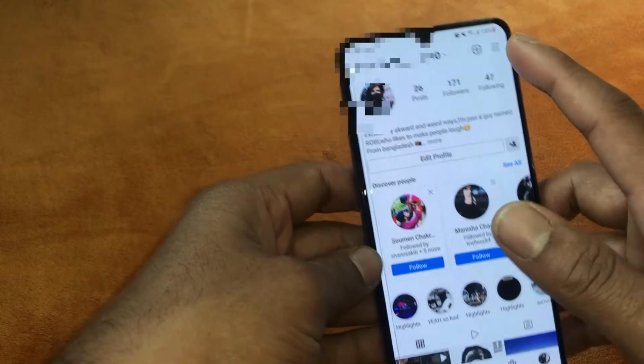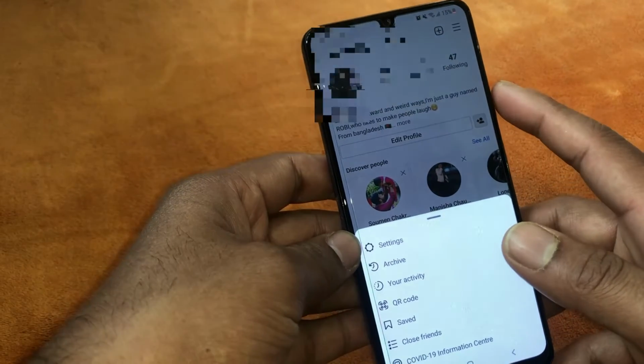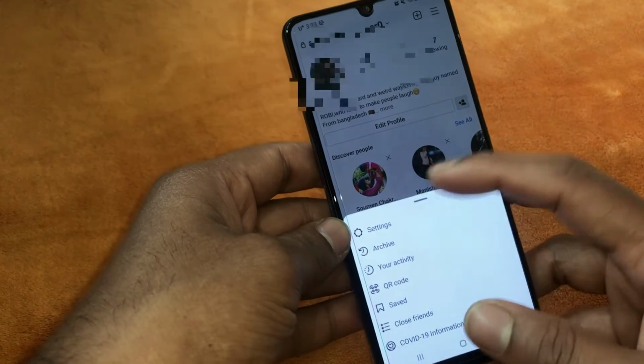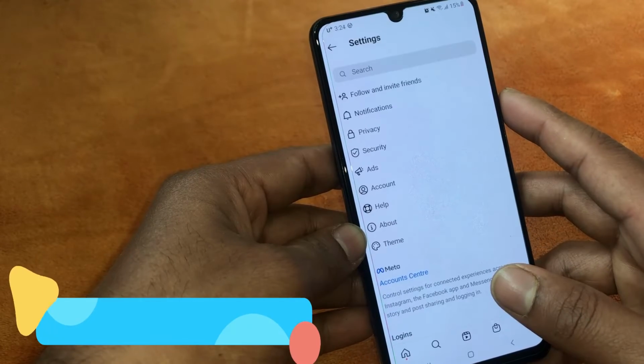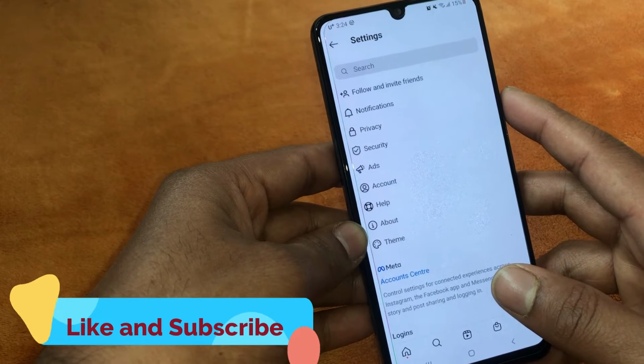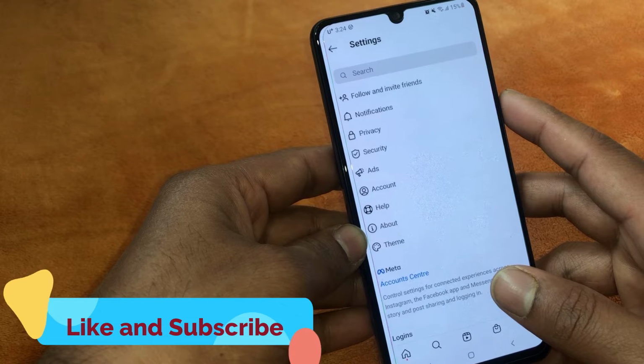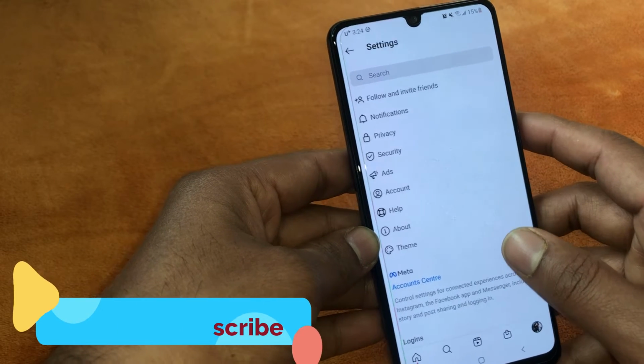You just press there, and then you will find the option called setting here. Press the setting. You will find several options here, but I just want to turn on my dark mode now. So that's why you just press the theme,